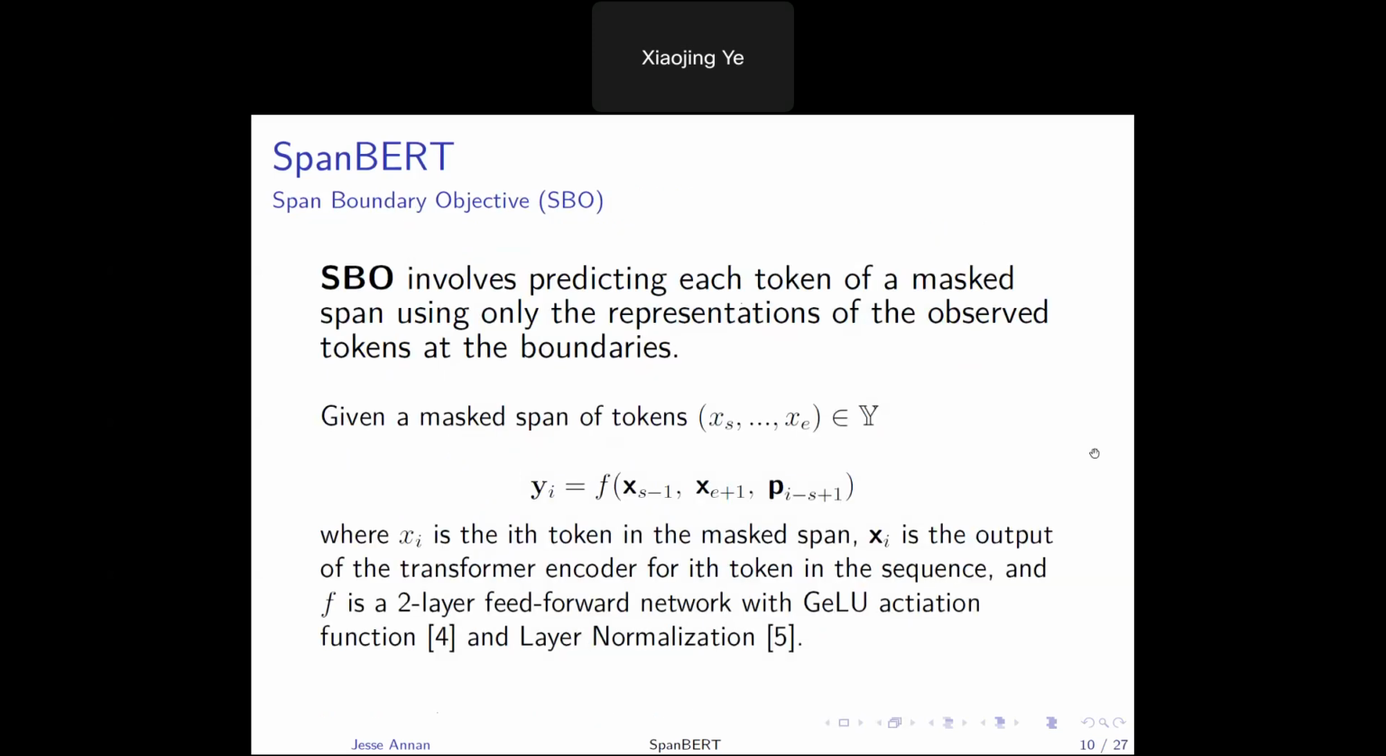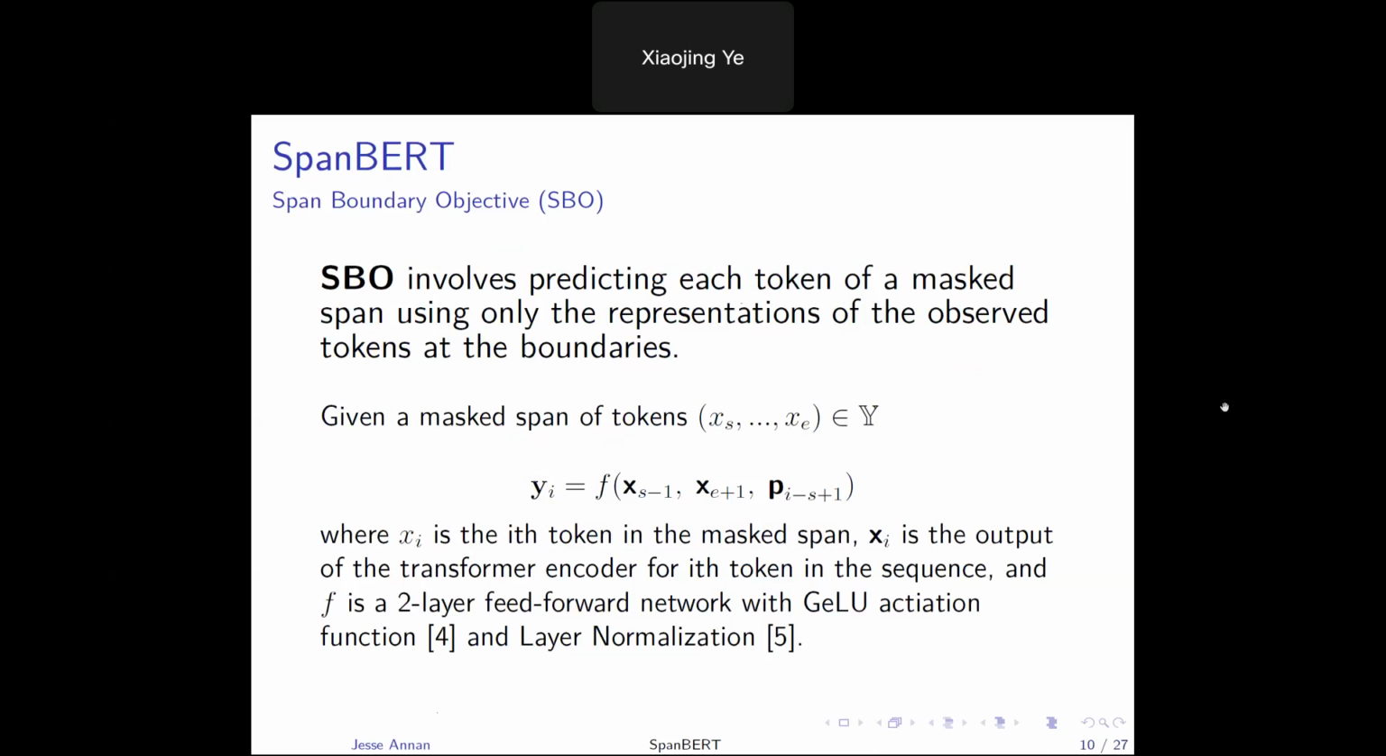And for the span boundary objective, this involves predicting each token of a masked span using only the representation of observed tokens at the boundaries. So looking at this sentence, if SpanBERT says L is 2 and it masks "loves spots", it would take the transformer encoding information from Jesse, and it would also take the transformer encoding from